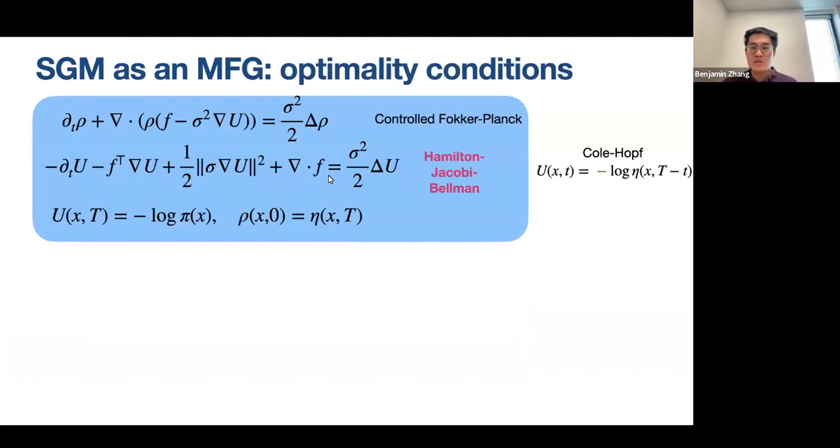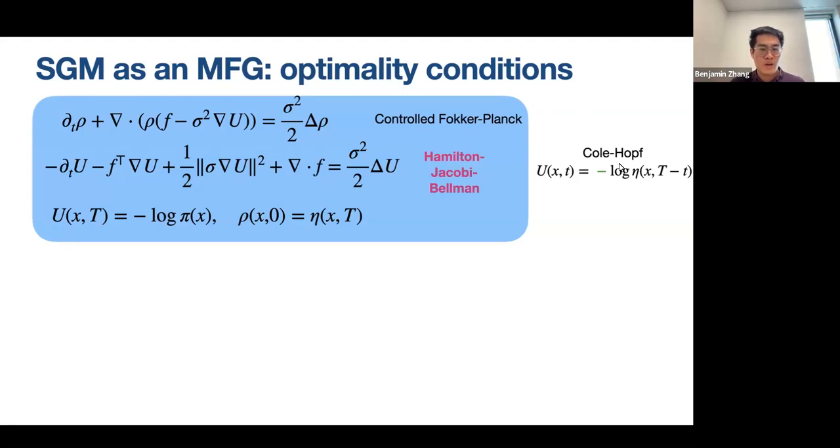So nothing too surprising here. There's a controlled Fokker-Planck. Because of the optimal transport cost, you know that the velocity field is the gradient of a scalar function. And then here's the Hamilton-Jacobi equation. It looks sort of weird. It's fair, right? But here's a really interesting, remarkable thing: